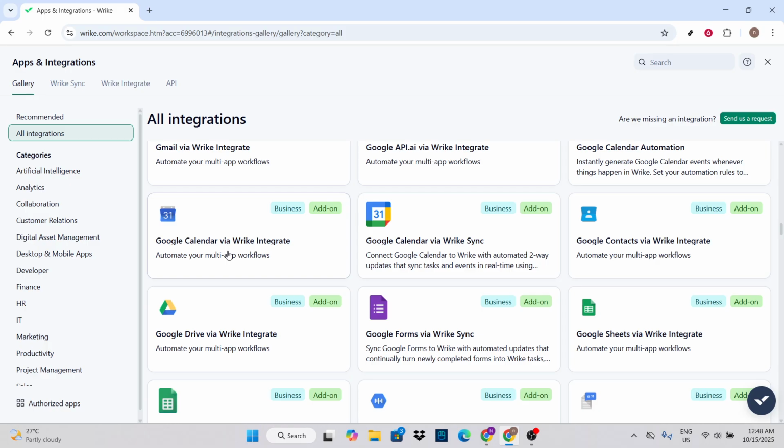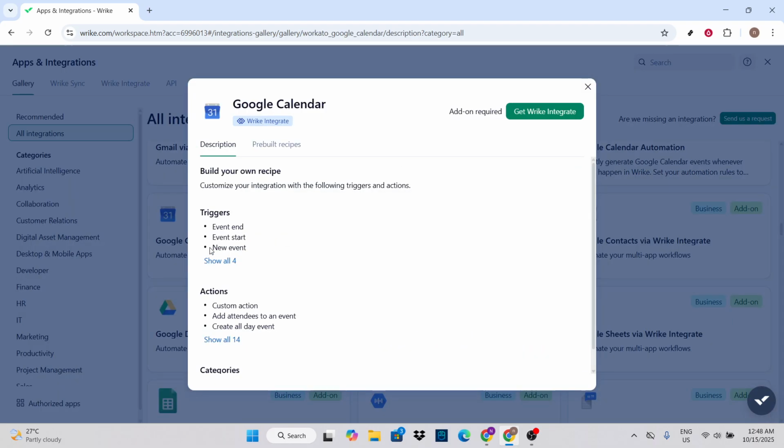Once Google Calendar appears in your search results, you'll notice an option to Get Wrike Integrate. This is what enables the synchronization between Wrike and Google Calendar. Click on Get Wrike Integrate to proceed. At this point, you may notice prompts for permissions. Make sure to carefully review these, as Wrike and Google Calendar will need access to certain information to work together